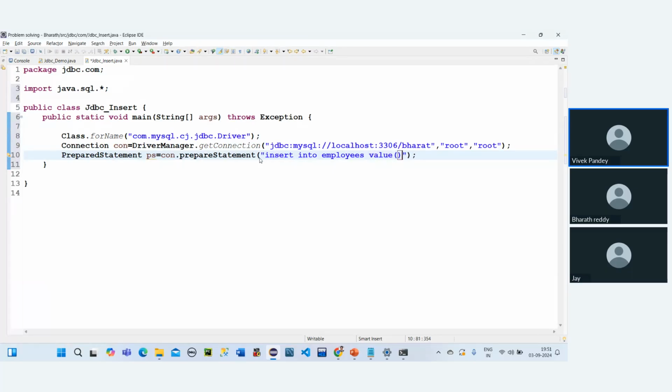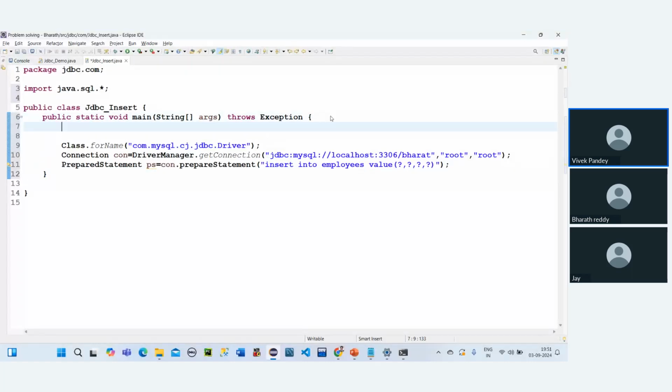Once this is done, I am giving positional arguments here. Question mark, question mark, question mark, question mark. So total how many question marks do I need to give? Four. Four question marks I'm giving here. So this four question mark I have done. Now, after the main method, what I need to do is